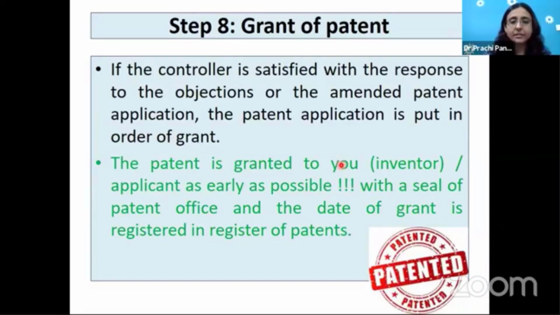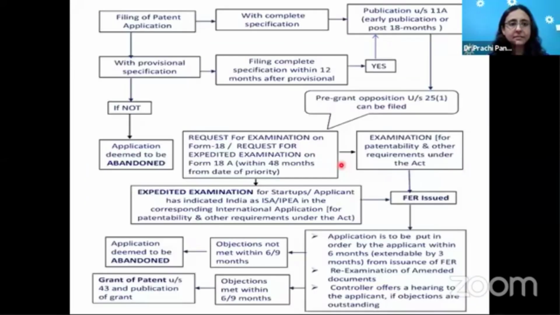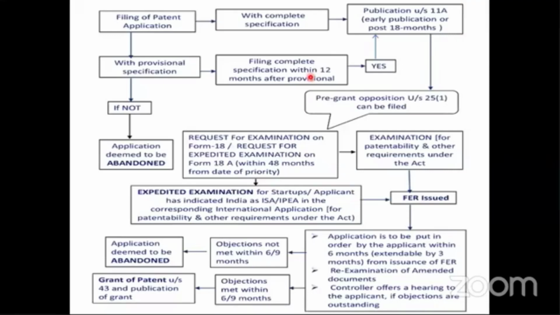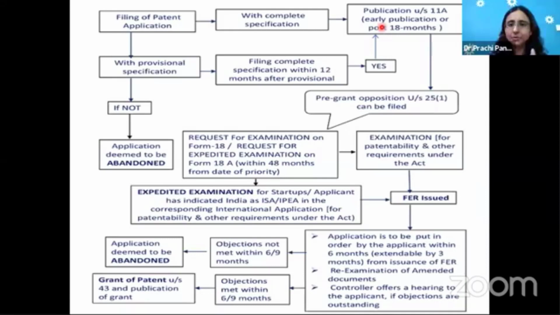So, or you can ask for injunction. There are many possibilities. Just in a nutshell, how it works: you file a provisional patent application. Clear? If you file a provisional patent application, file complete specification within 12 months. If you have filed complete specification, then it will be published post 18 months or through early publication in 1